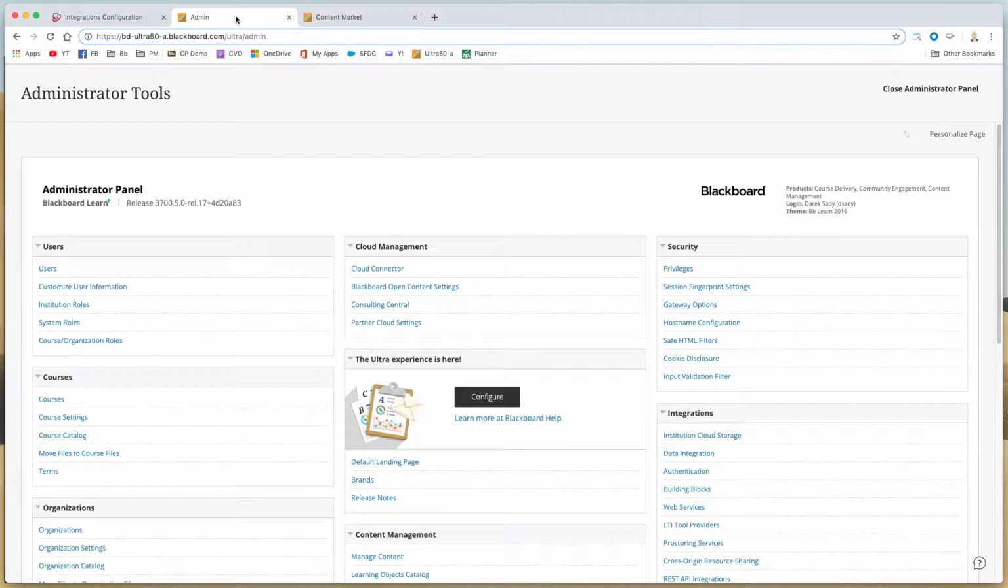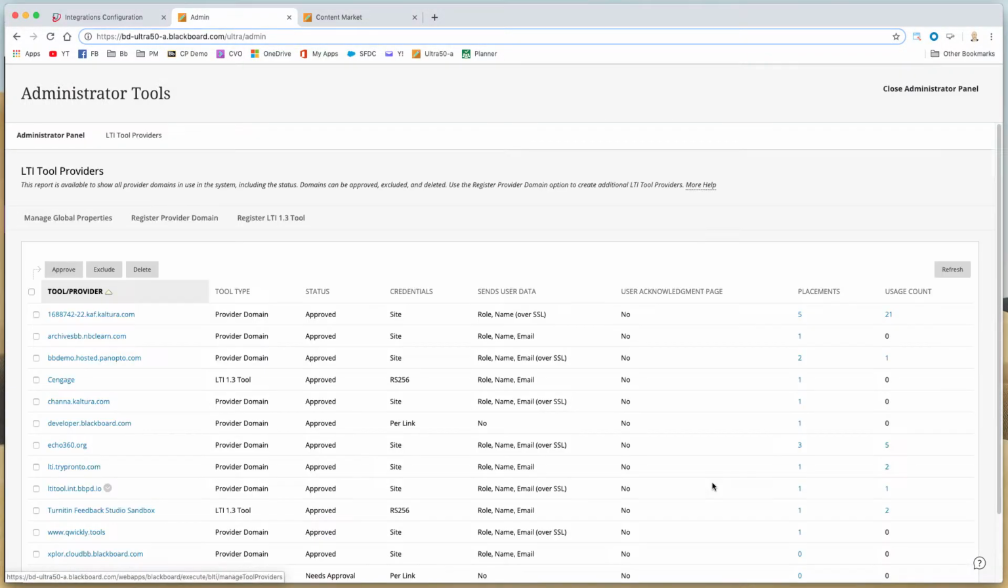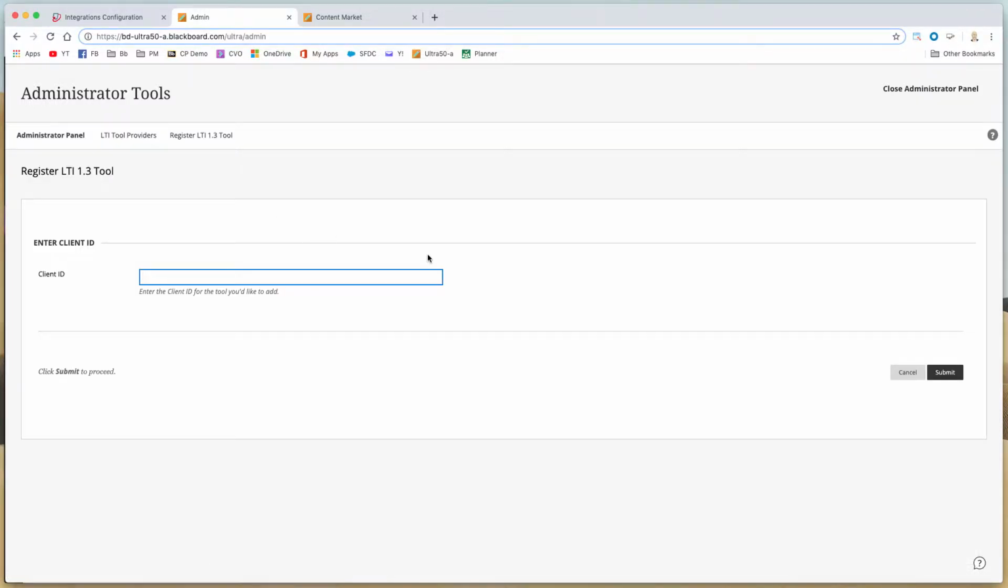On the Blackboard side, if we go to the admin panel, and again, this is an Ultra-enabled Blackboard system, the first thing I'm going to do is go down to LTI tool providers and register this LTI tool provider here. And I've done this as an LTI 1.3 tool, so you can see here if I click Register LTI 1.3,